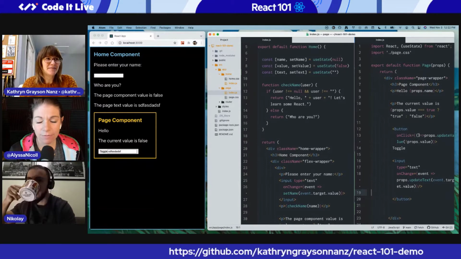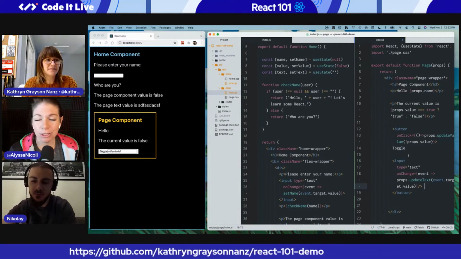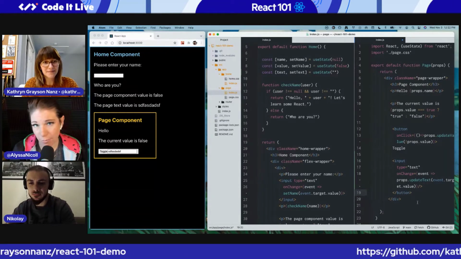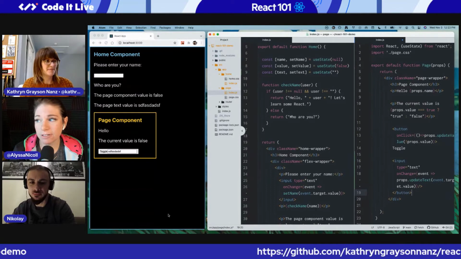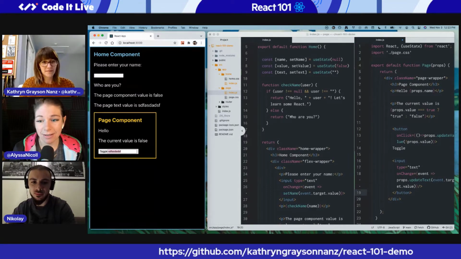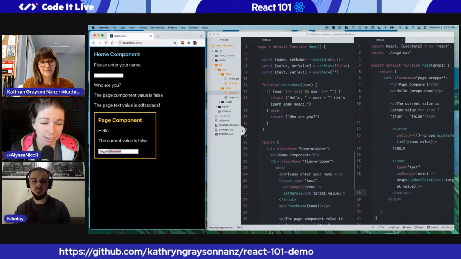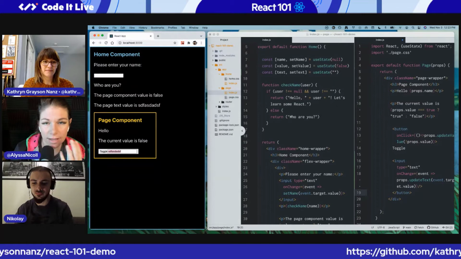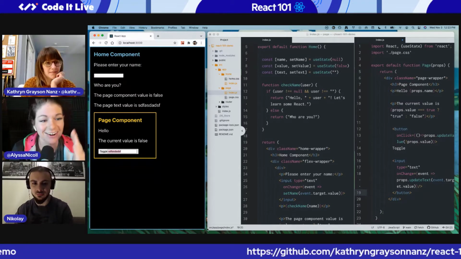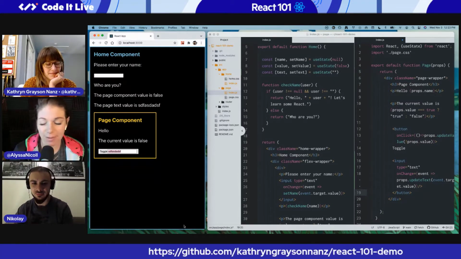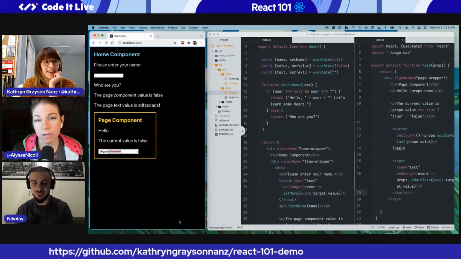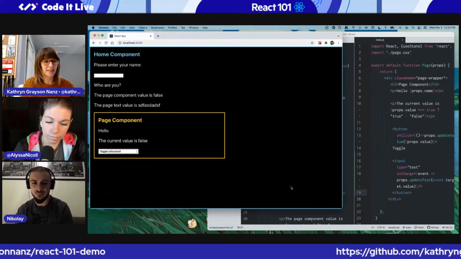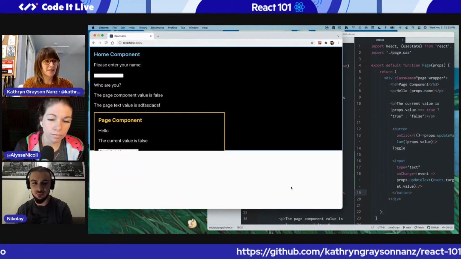Okay, so I think we've talked about starting a React app. We've talked about routes and creating components, the different types of components with functions versus classes. And then we talked about doing things like state with hooks and without them. Is there any other React buzzwords that I've heard, any other pillars of React for beginners that people usually touch on? The only other thing that I would like to touch on today, specifically,